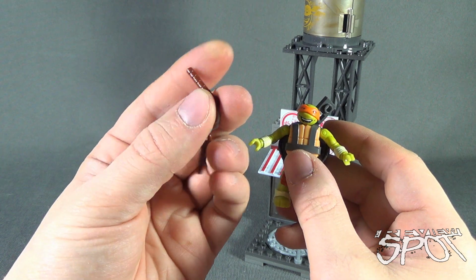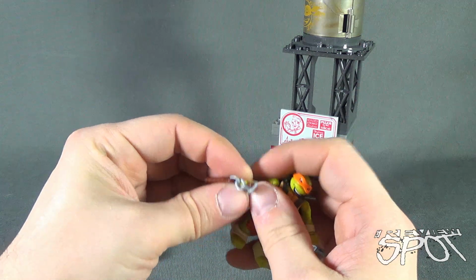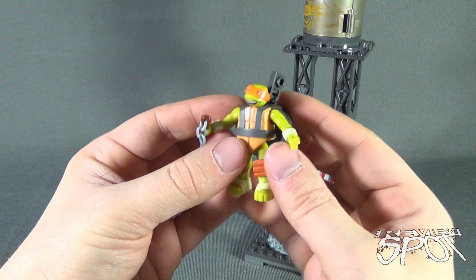Comes with a couple of accessories, one of which being a nunchuck. He only comes with 1. He doesn't come with 2, sadly. And we can put that into his hand. The other hand can be...